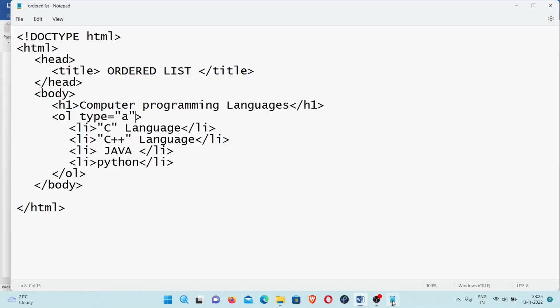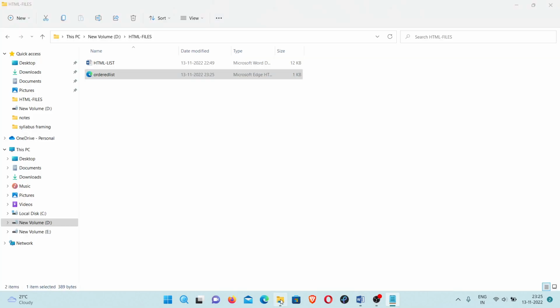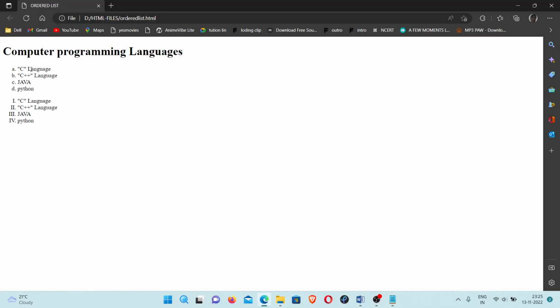Okay, now if I change this type, here I have created one ordered list. Again, I am going to create one more list. Here I am going to use capital Roman numerals, so I have to use type I. Now I will save this program. Whenever we make changes, we have to save the program. See, I have created two lists. The first list items will be displayed with lowercase letters. The second list items will be displayed in